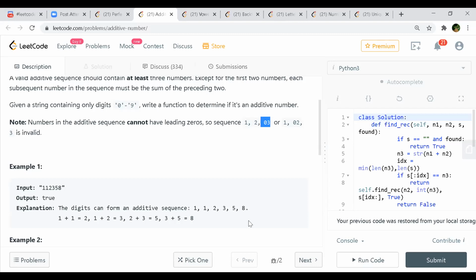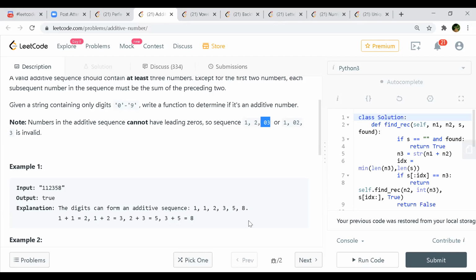Yeah. Santosh, one thing. So we have lengths for our A and B, right? So how do you decide the length for C? Because it can be either equal or just one greater. No, actually, the length for the third one will be based on the first two numbers. So whenever we have two numbers, we add them. Whatever that number is, we just go and find that in the rest of the string.